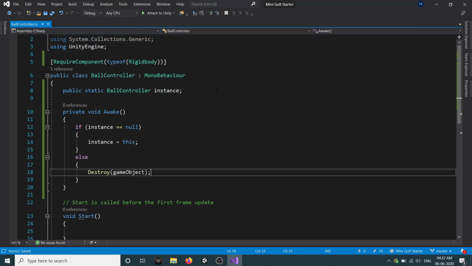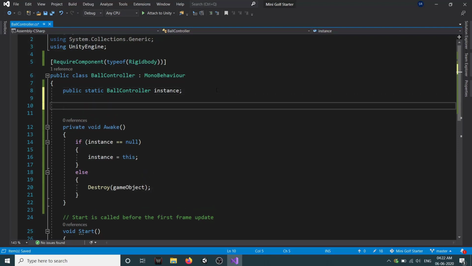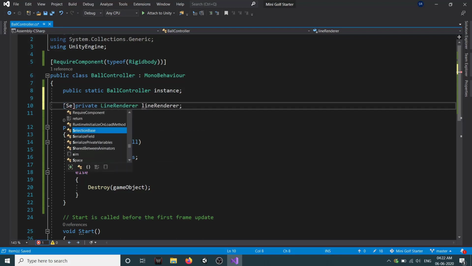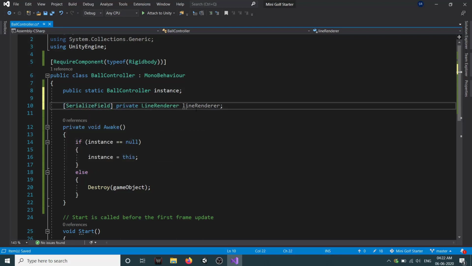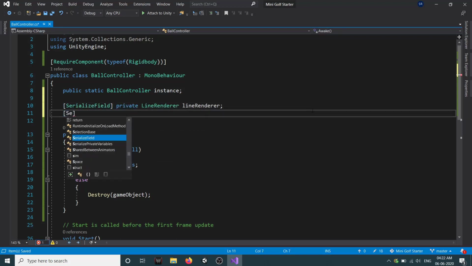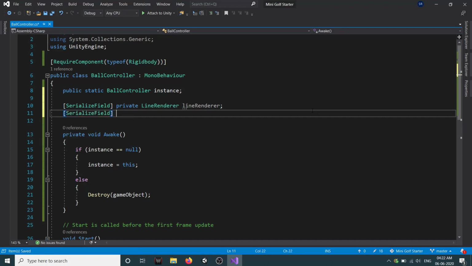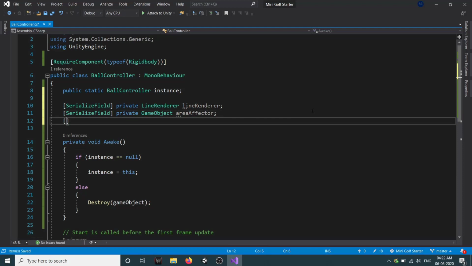Now we need a reference to a few child objects. So first will be the line renderer. So we'll type private LineRenderer lineRenderer. Then we will type SerializeField private GameObject areaEffector, and then we need a few floats.